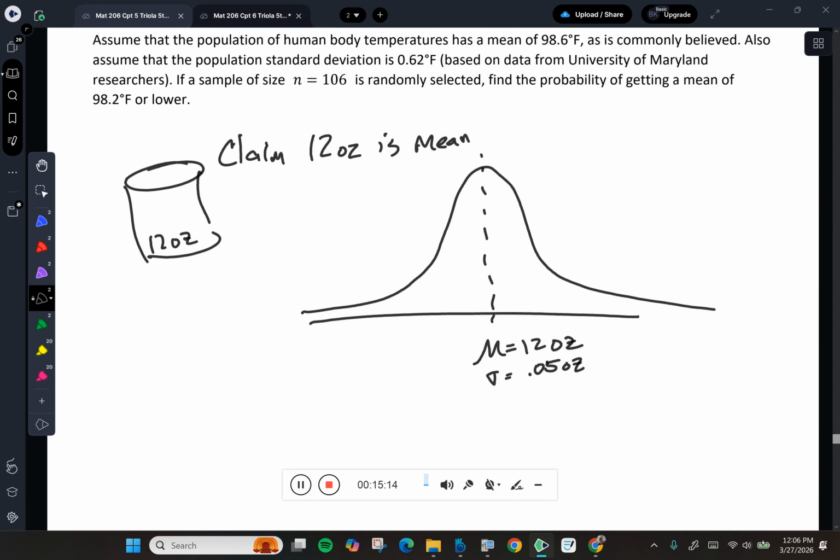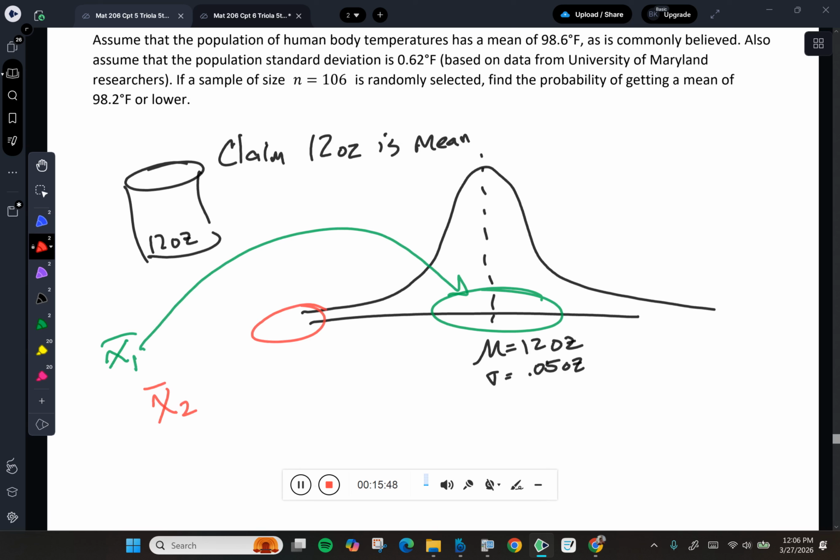Okay. All right, so I go out and I grab a sample from my population. If I were to plot the mean from a sample, I should get something relatively close to the middle. And if I got a sample mean that was relatively close to the middle, I would say, you know what, I feel good about that. I feel that the data is supporting that the average is about 12, or the average is 12. Now, what if I did it again